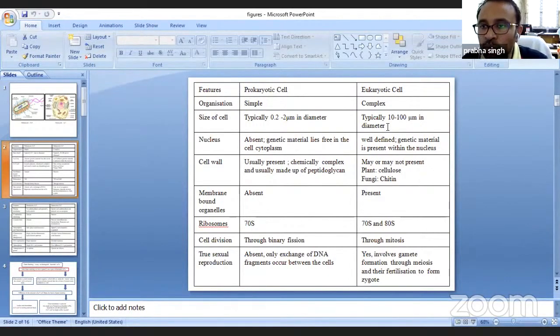Just exchange of a few segments or a few stretches of DNA occurs from one bacterial cell to another bacterial cell. Okay. Okay. Then